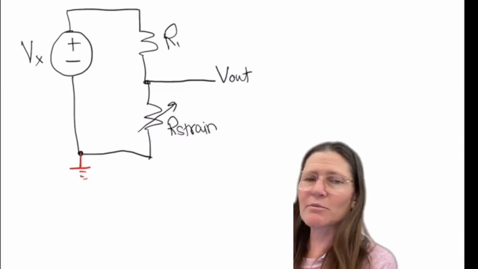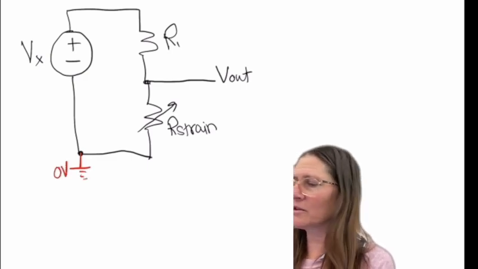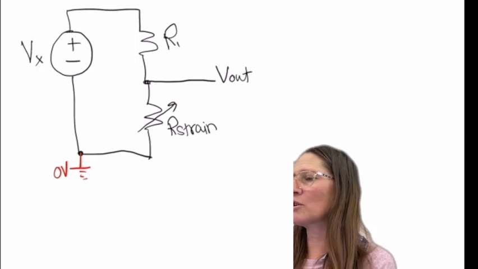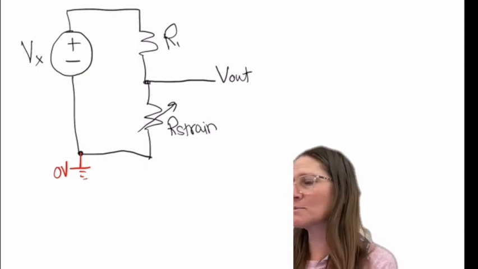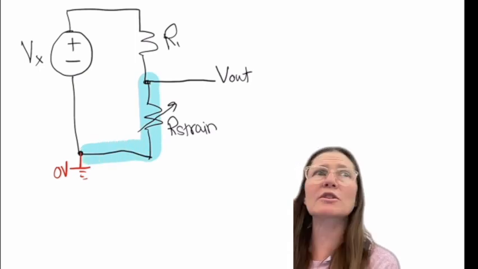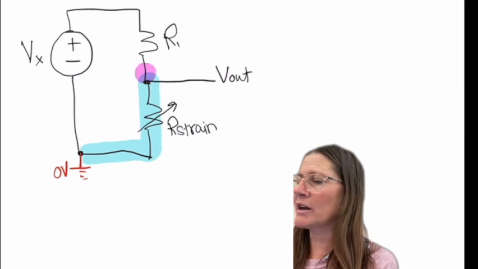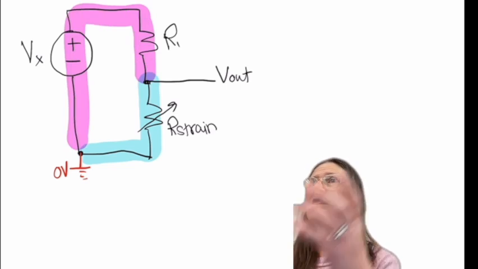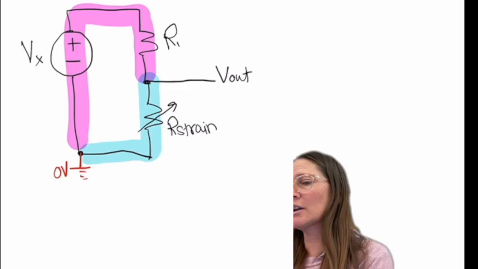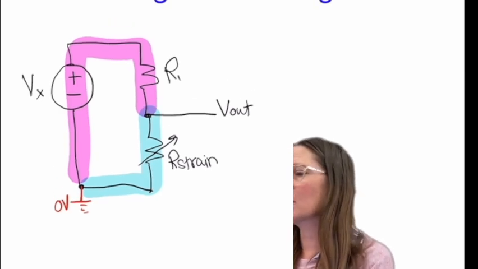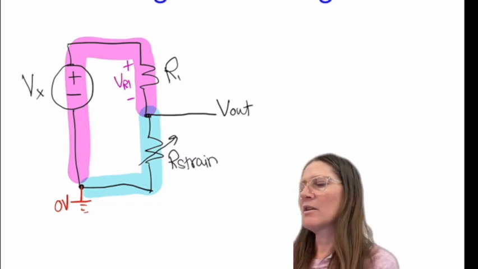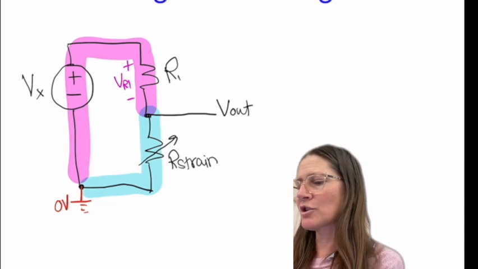again, I'm going to put a reference point in here of 0 volts. If I was to write the equation, what do I notice about where V out is being measured? It's being measured either in the pathway between here and here, or it can measure the pathway from there to there. Either one would be correct, right? If I find it from the pink pathway, I need to know the voltage of Vx, and I would need to know the voltage across R1. So if I took that pathway,